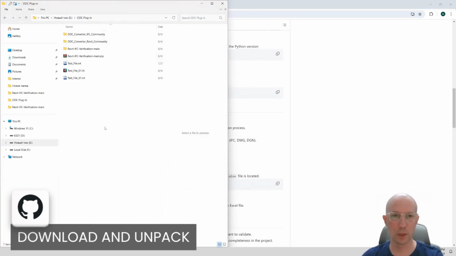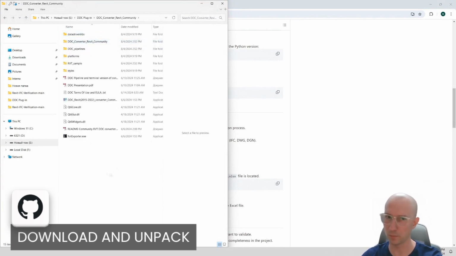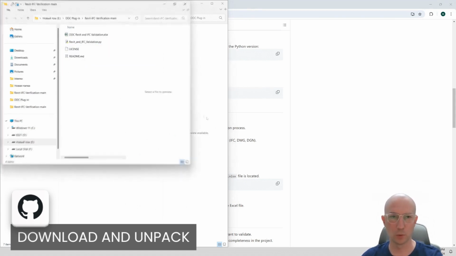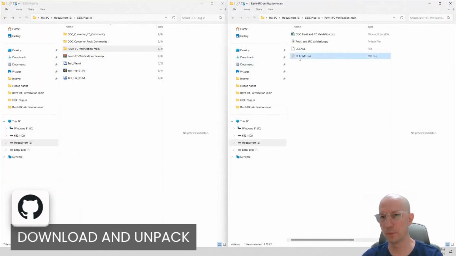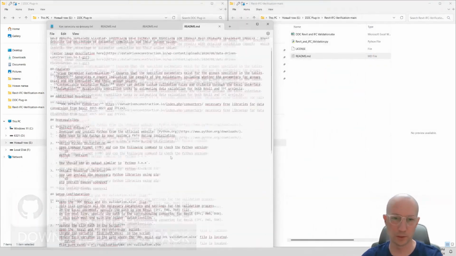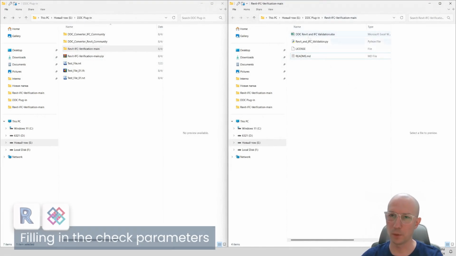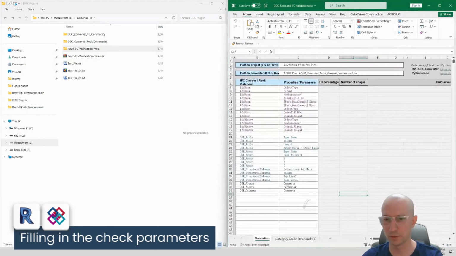Let's go to the folder where I have already downloaded the archive, unpacked it, and I also have two folders with converters here, the IFC converter and the Revit converter, which were downloaded from the Data-Driven Construction website. To better understand how all this works, I will now open the folder in a new window. This one. Let's see what we have here. Well, we have a file with instructions that repeats our page on GitHub. And we have our Excel spreadsheet. Let's open it. I'll group it on the right like this.